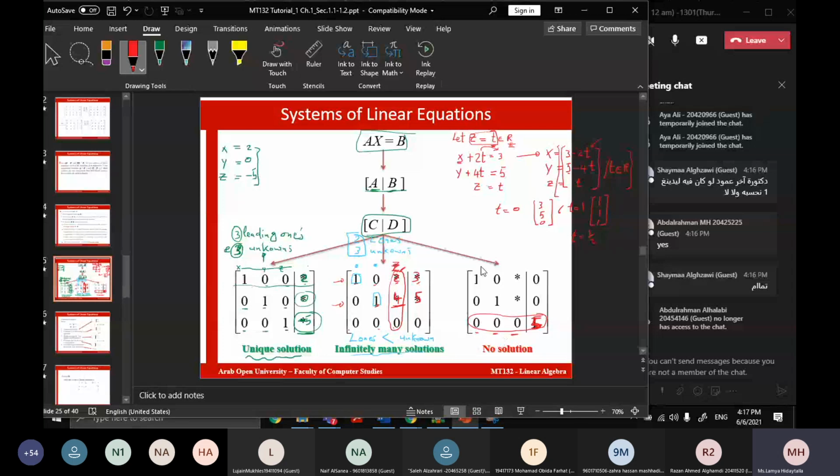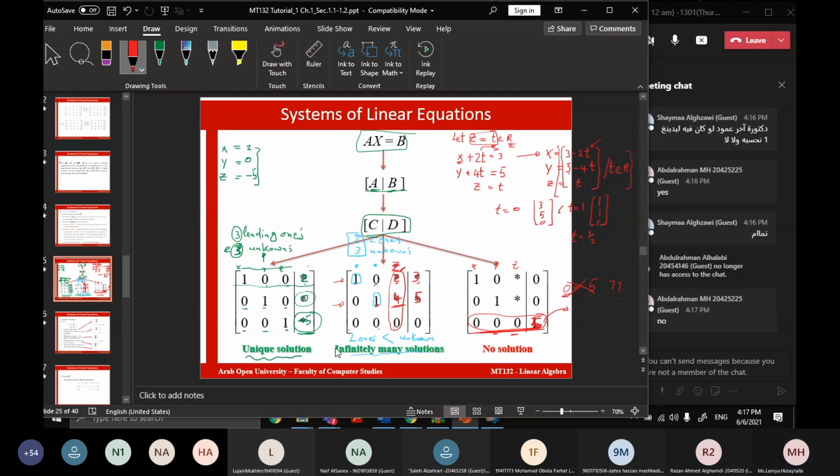Because 0 times x plus 0 times y plus 0 times z is 0. So you're going to get from this line that 0 is equal to 5. Is it possible that 0 is 5? No, it's impossible. So there is no solution because this is impossible. Clear? If in a coefficient row all elements are zeros, but here there is a number, then